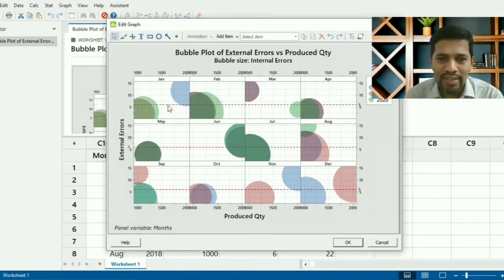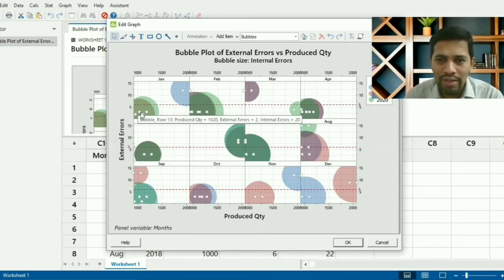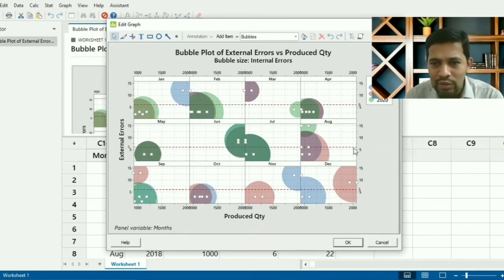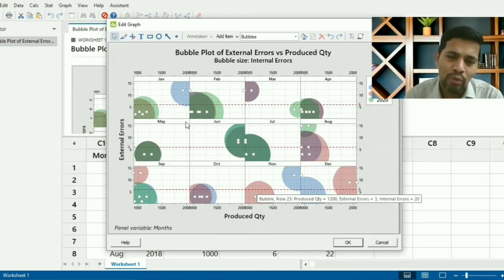It has the grid, Jan, Feb, March and all that, how much quantity produced, how much the external errors happen, and how many internal errors happen. If you want to add the target, the 6 is my target, so the target for external errors has also been added.